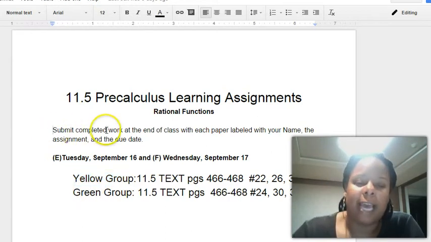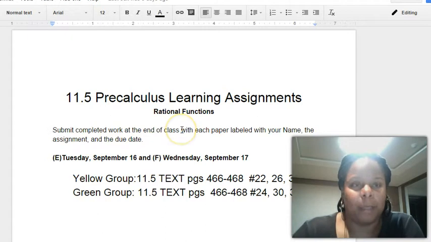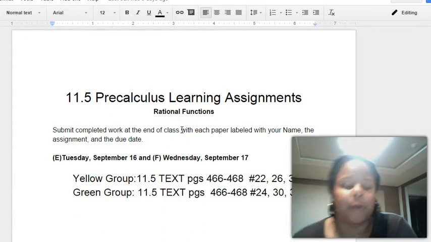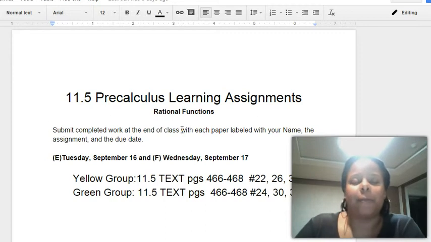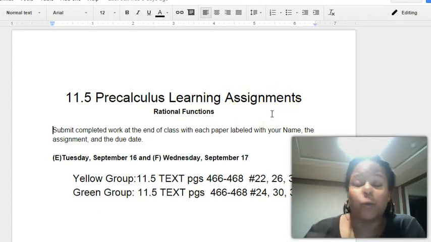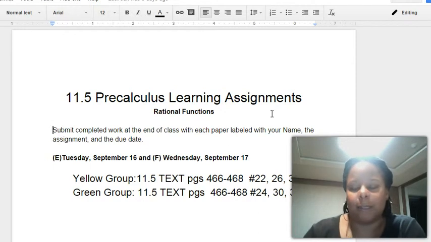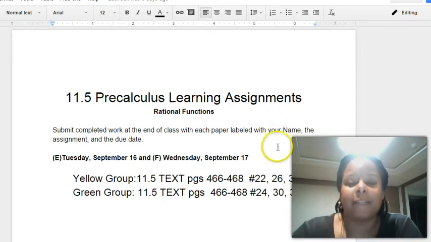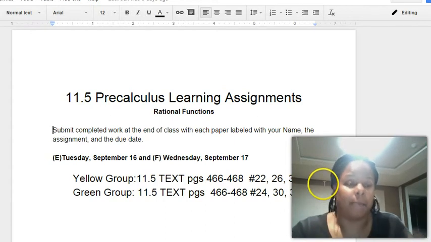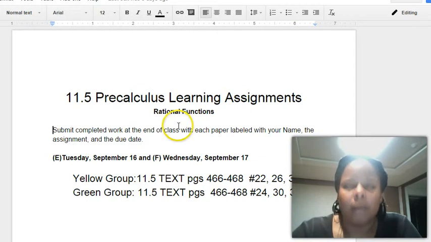The thing about this is that they have to complete their work by the end of class. After grading their papers, the video assessment, and the notice and wonder, they really only have about 25 minutes left in class to get started on these 3 problems. I allow them to work together in their groups, but for the most part, they're working independently until they hit a snag on a problem, and then they ask their neighbors or they ask me, which is perfectly fine. I know people are like, well, that's not enough time for them to do the work. Most of the time, they do not finish in time, which is perfectly fine, because I collect the work, and then I grade it.